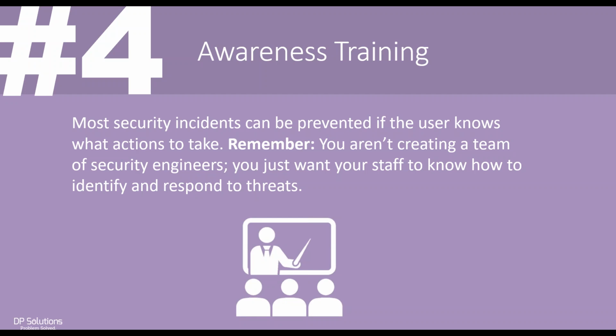I think most incidents that we experience today could have been prevented in hindsight if an action was taken differently. My rule is we aren't creating a team of security engineers; we want our staff to know how to identify and respond to threats. We don't need to commit tons and tons of knowledge. We don't need to put everybody in a room one day a month for 8 hours and lecture them about